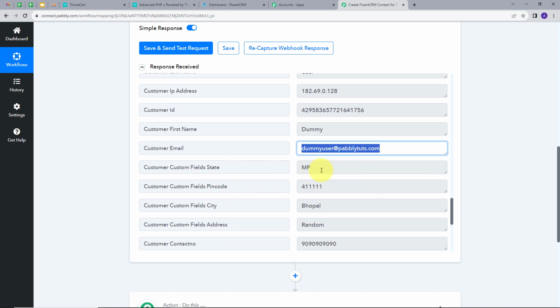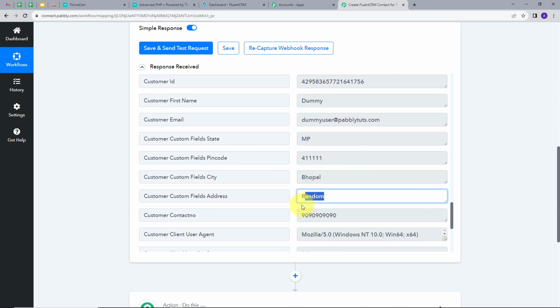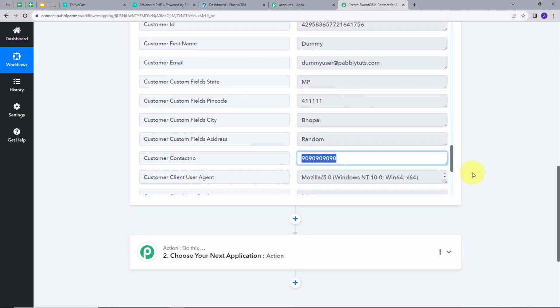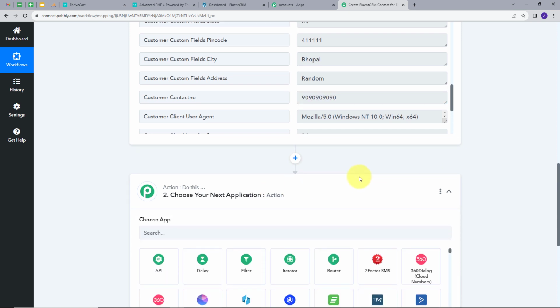dummyuser@pablitudes.com, and the state is MP. This is the random pin code, and the city is Bhopal, and the address is random, and this is the random phone number. So these are the details of the purchase. Now what I want is, I want to use these details and I want to create a new contact in FluentCRM. For that, I will set up my action, and for that I will open this and I will search